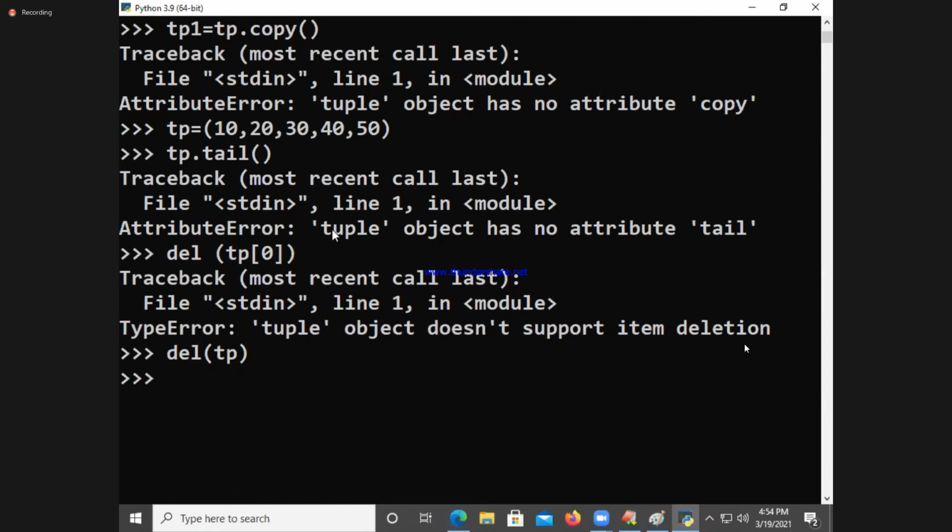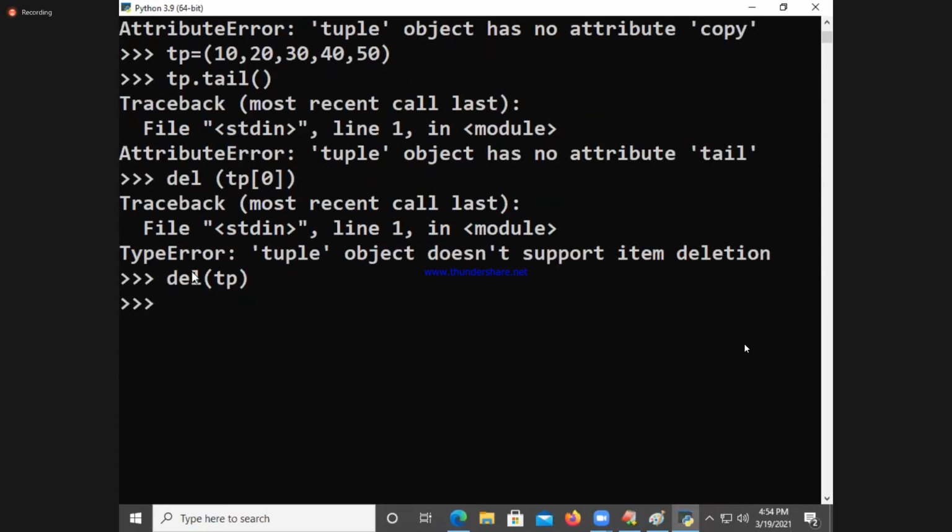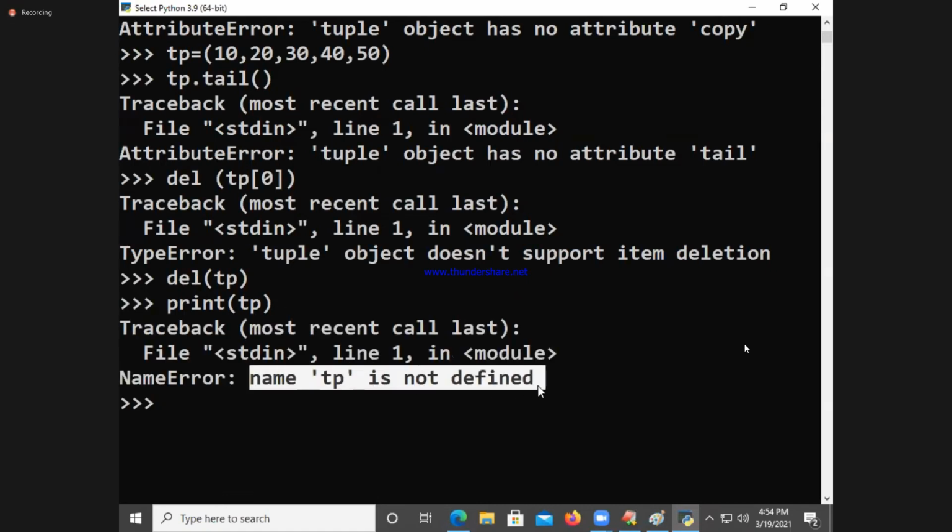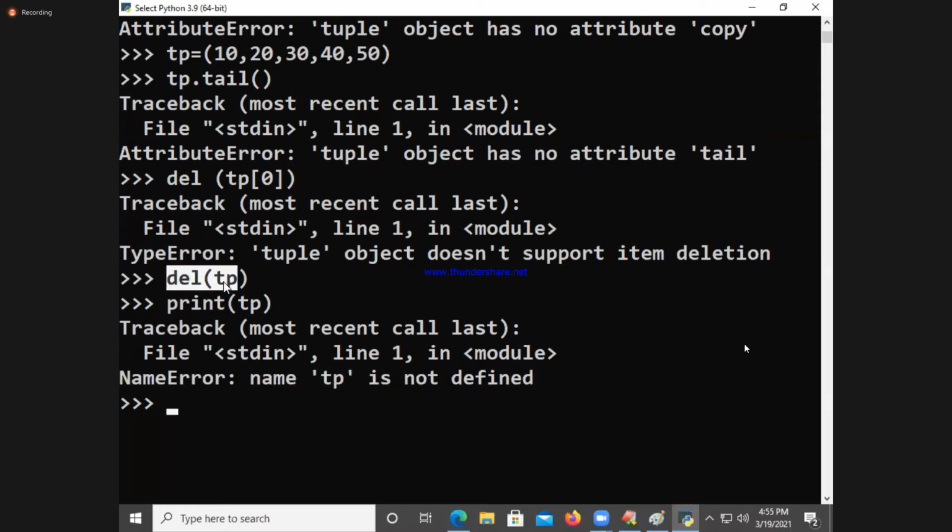Now you print TP and you get an error: name TP is not defined. The del function at the variable level is used to remove any type of object. You are trying to delete an item, which is not possible because TP is an immutable object.